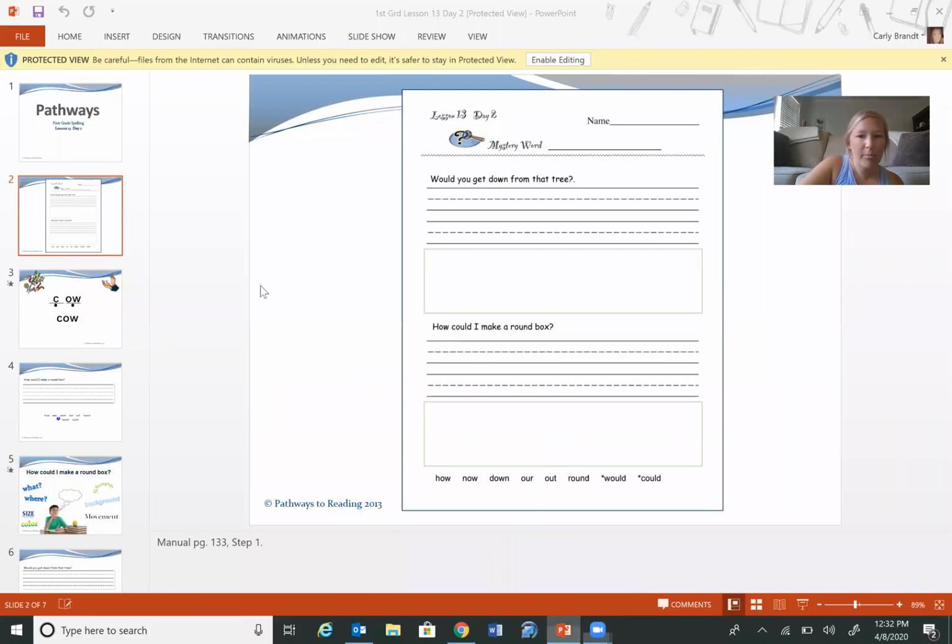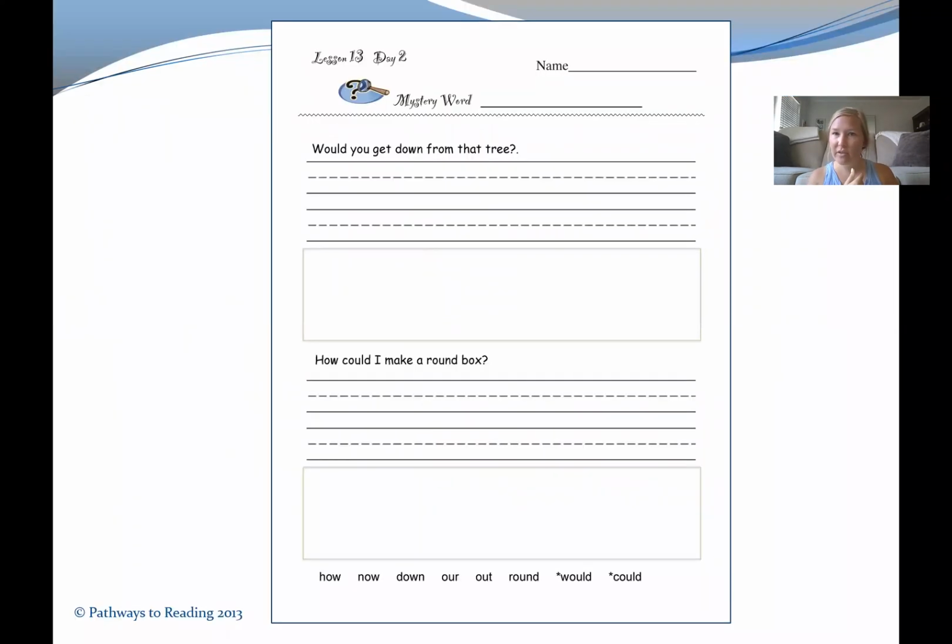All right, so I'm going to go ahead and share my screen and we will start spelling. So grab a piece of paper and a pencil. Okay, so just a reminder, this is what day 2 spelling looks like. So I'm pointing like you guys can see my finger. We're going to start at our mystery word. So I'm going to go ahead and give you our mystery word and feel free to grab a piece of